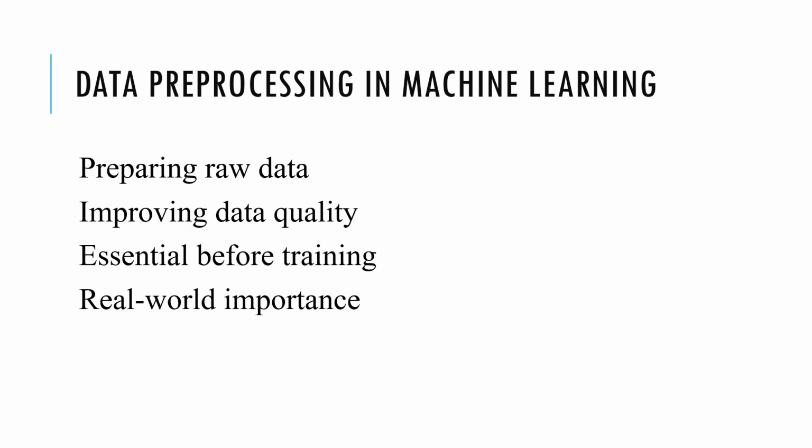So, welcome to this lecture. Before we train any machine learning model, we need to make sure our data is clean, structured, and ready to use. Raw data in real world scenarios is rarely perfect. It can contain missing values, incorrect entries, duplicates, or inconsistent formats. If we directly use the raw data, the model may learn incorrect patterns, and therefore the predictions that will be made will not be good. In real world machine learning projects, data pre-processing often takes up to 70 to 80% of the total work. In this lecture, we'll cover data cleaning, handling missing values, encoding, and scaling.